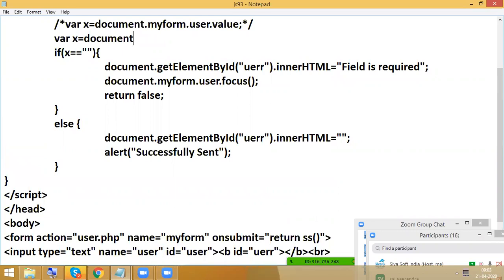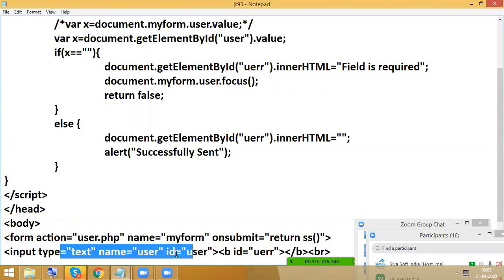So document dot getElementById. What is the ID name? User. Dot value. That means whatever we are typing here, we are storing in x.